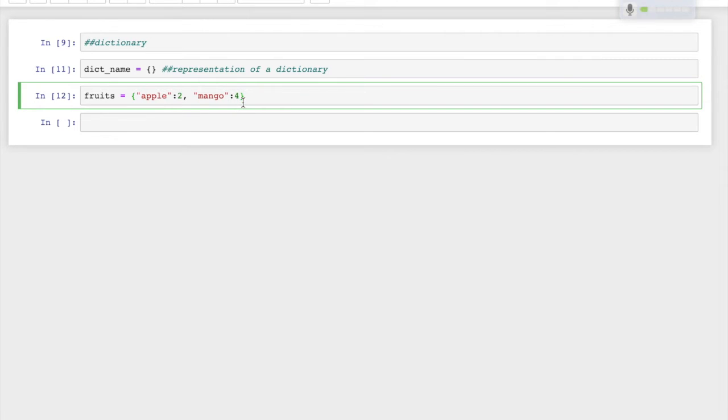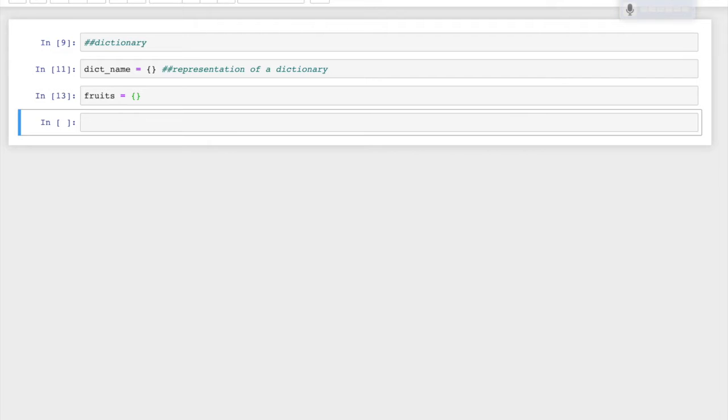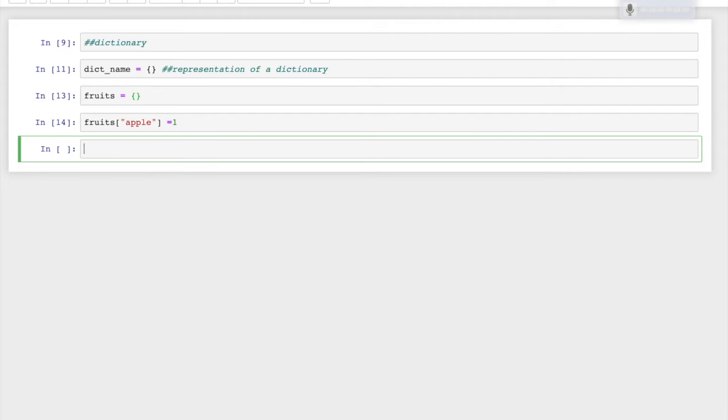Now I want to erase this and keep it empty. Now we'll be adding elements in this particular dictionary. Fruits, now this is the key: apple equal to 1. Now print fruits.